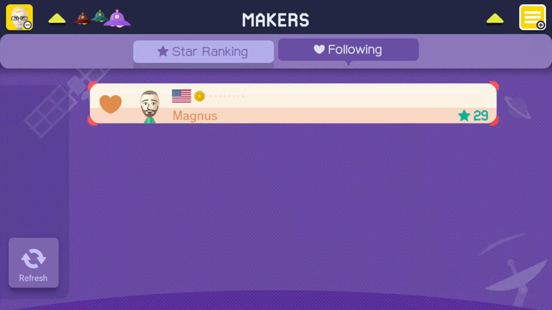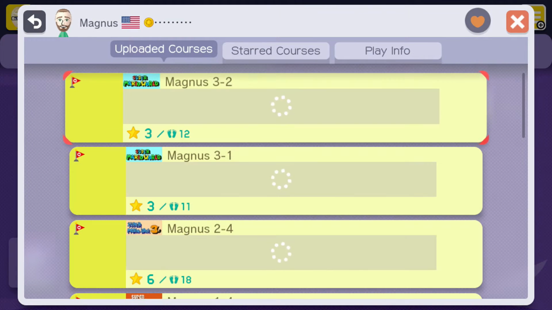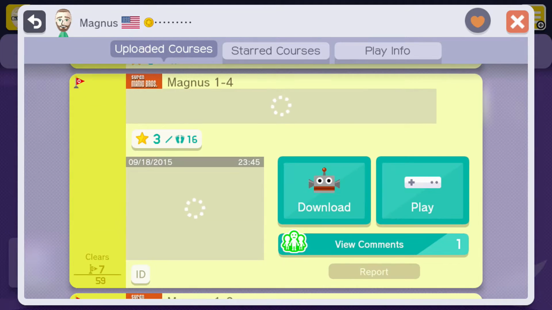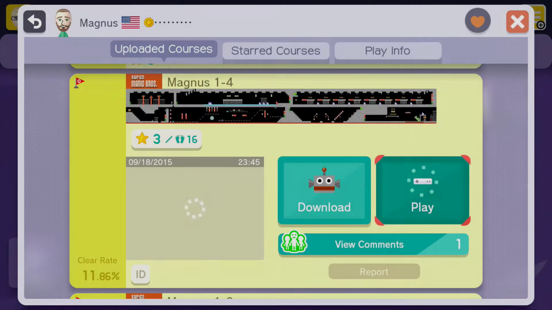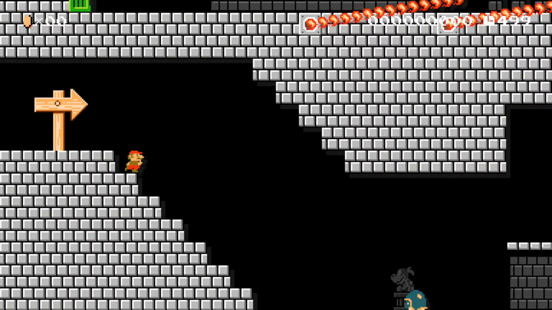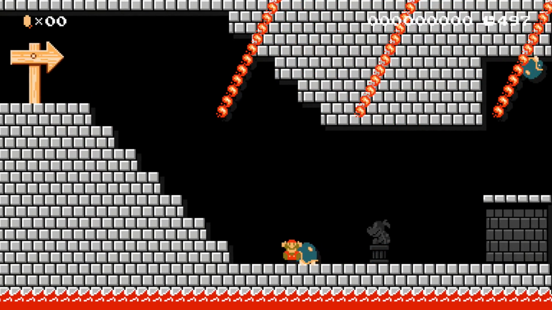Okay, so you're following me. Okay, so go down to Magnus 1-4. Alright, welcome to Magnus 1-4. So the idea here is I wanted to try to make levels that would actually feel like...